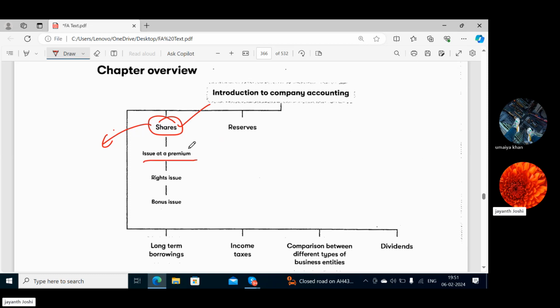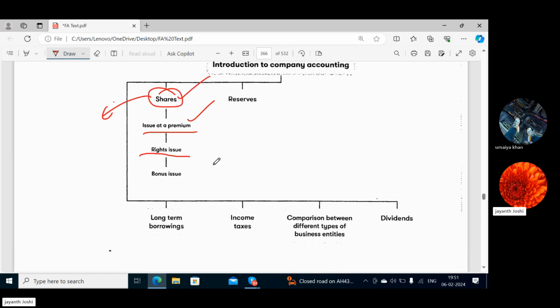Then the shares can be issued at higher price, that's called premium. If the shares are issued to existing shareholders of the company, it's called rights issue. And this rights issue, they sell at discounted price. That is the difference between bonus issue and rights issue. Bonus issue is again the shares are issued to the existing shareholders, but this